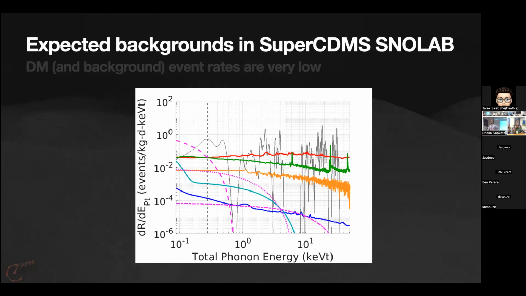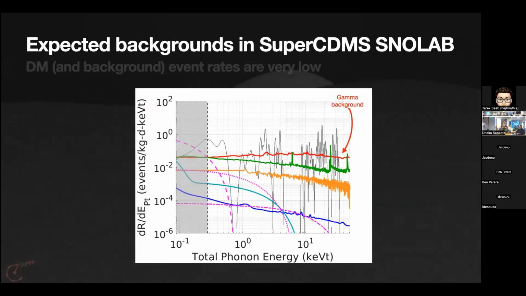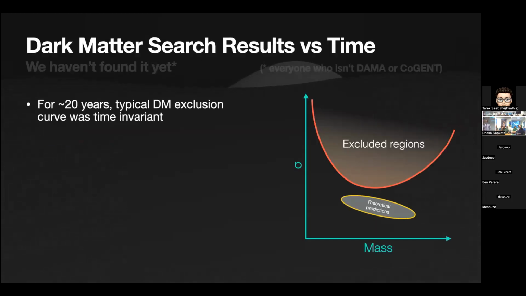But underground cannot filter neutrinos. No, they cannot filter neutrinos. That's an ultimately irreducible background. There are things we can do about that. Actually, I'll touch on it in this next slide a bit. The neutrinos are, in a sense, a known quantity. So even though you can see them, as long as you have a neutrino spectrum that is distinct from a dark matter spectrum, you can still search. You run into a problem when, for certain mass ranges, the spectra look similar, and then you can't tell one from the other.